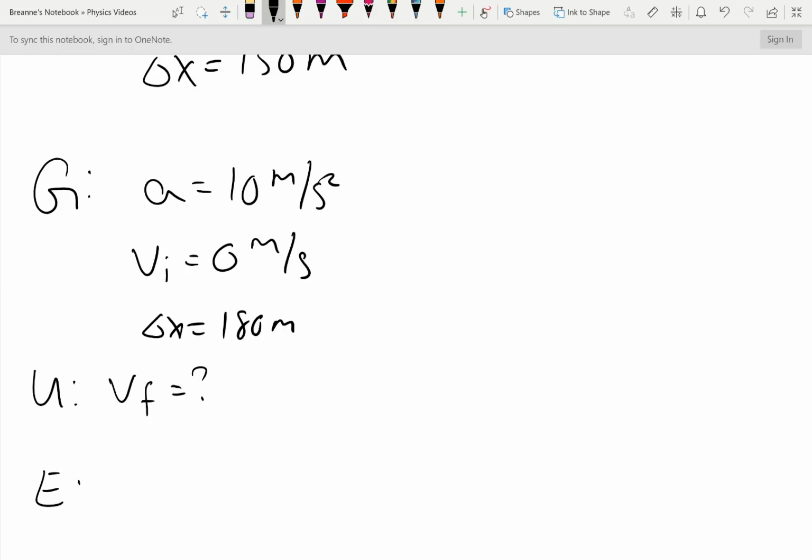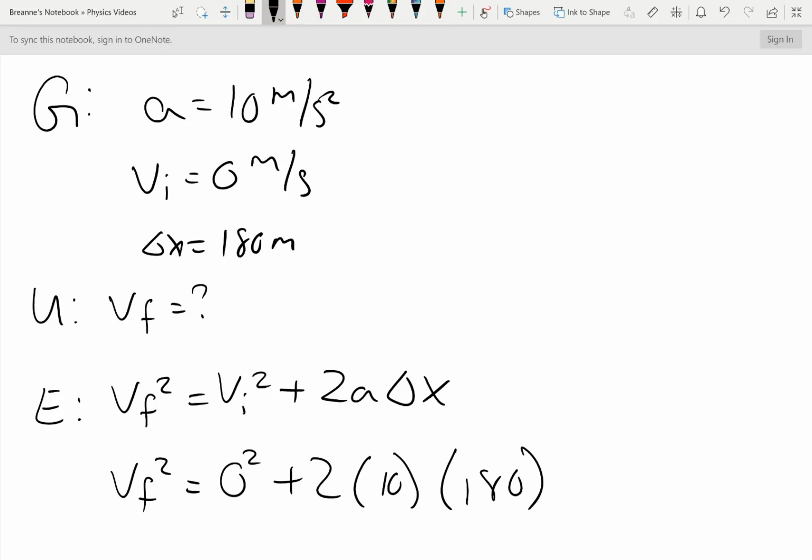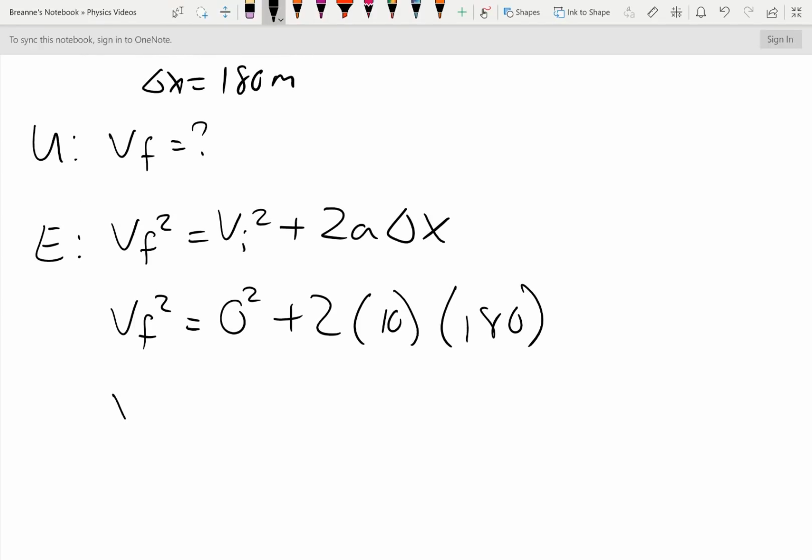So again, we're going to go back to final velocity squared equals initial velocity squared plus 2a delta x. We're looking for final velocity. Our initial velocity is 0, squared. Our acceleration is 10, and our displacement is 180. 0 squared is just 0, so that can go away. Then you can just do 2 times 10 times 180, and it gives you